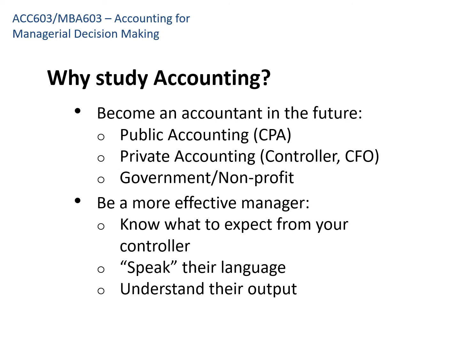It's important that you can speak their language. In the next lecture we'll talk about break-even points, target profit points, marginal revenue, marginal cost, and you need to understand what that means so that you don't have the deer in the headlights look, and so that you understand the output of those people. So one example